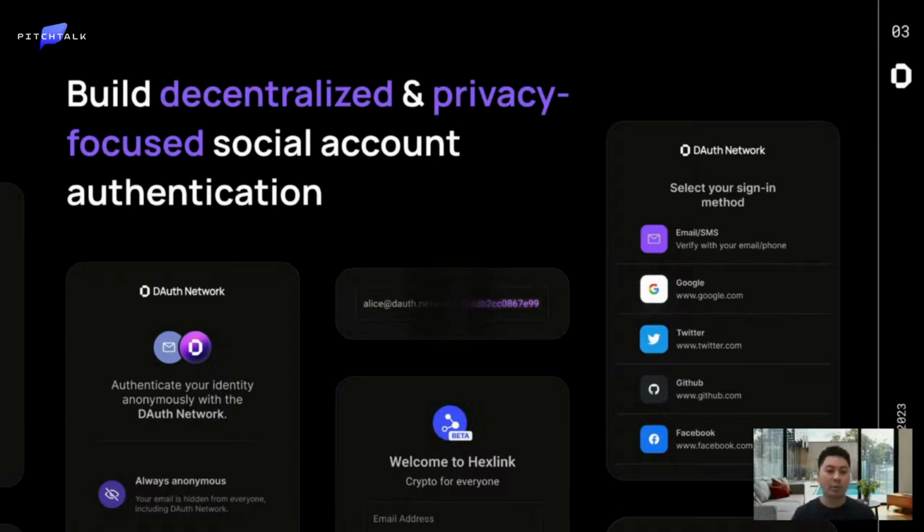We, as a protocol, turn your OAuth JWT proof into a verifiable proof with our network. This proof can be verified by anyone, and it can be either used for instant social login, or it can be used for on-chain